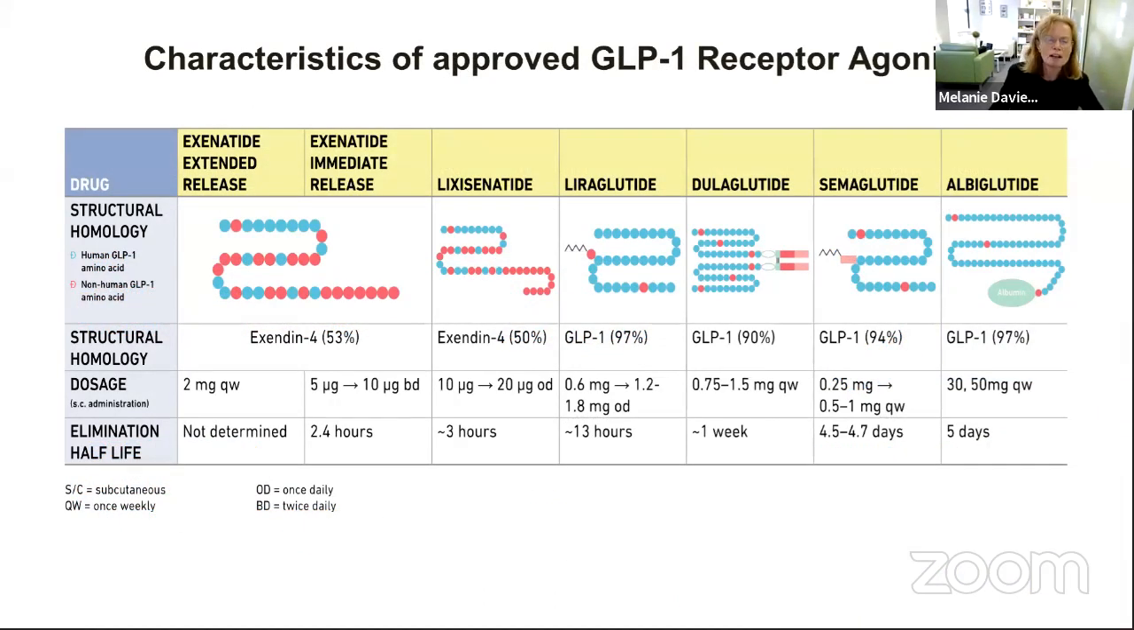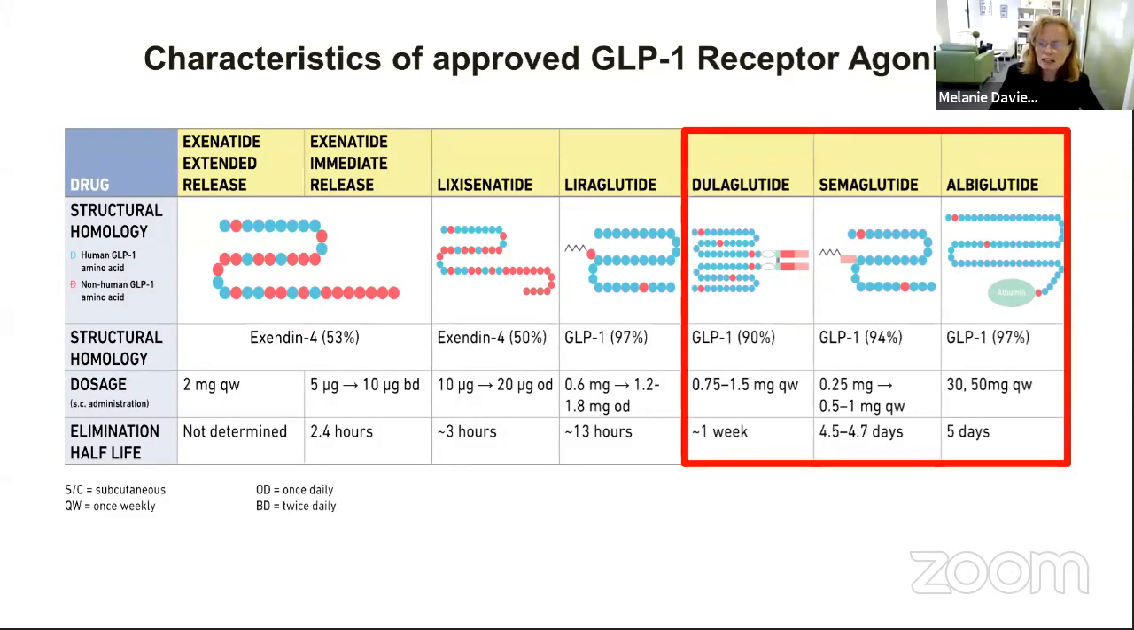taken forward. If you look at these agents, exenatide is available as a weekly or a twice daily immediate release formulation. And we also now have these weekly GLP-1s, so dulaglutide, semaglutide, which are now available in clinical practice. Albiglutide, as I said, has really not been made available, although that wasn't because of safety issues or any other